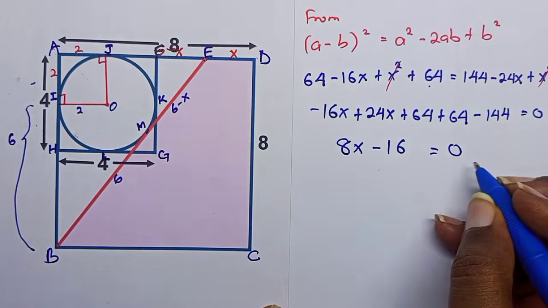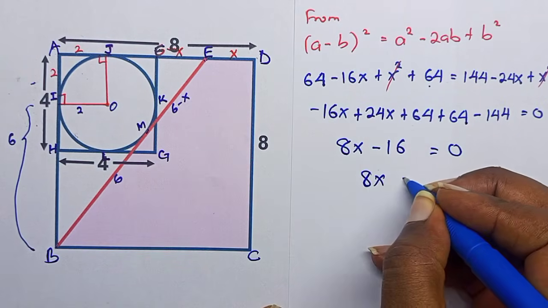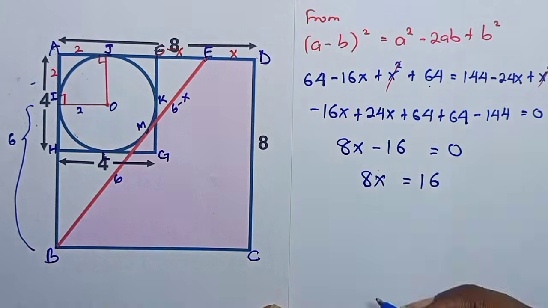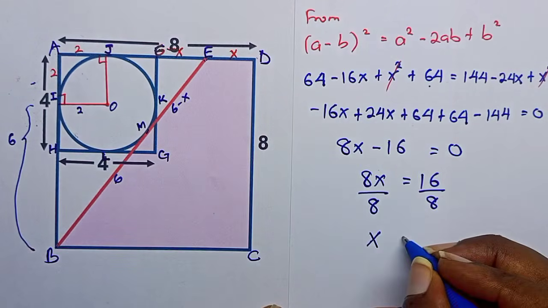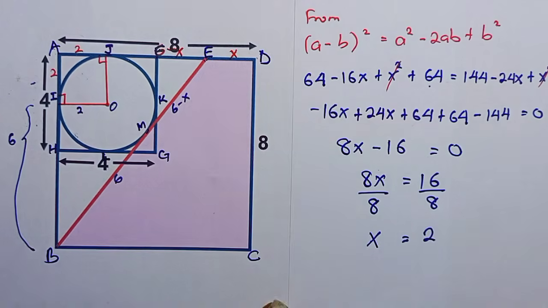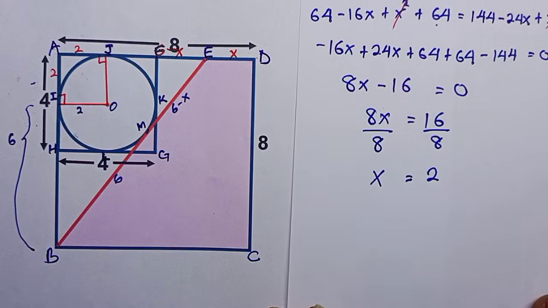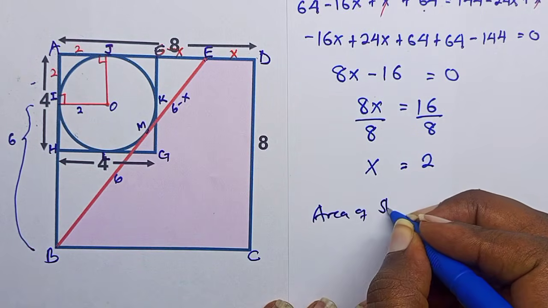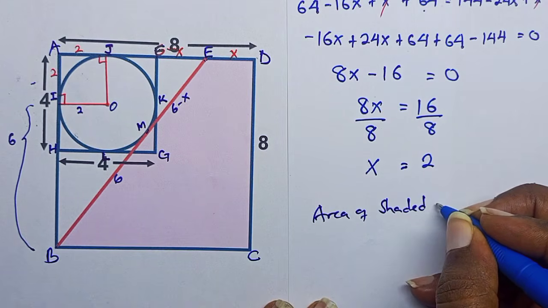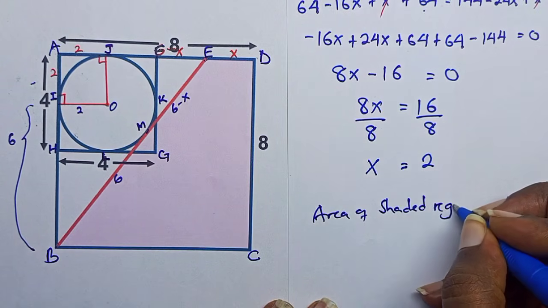So we take that negative 16 on the other side. We shall have 8x being equal to 16. Divide both sides by 8. And so our value of x is equal to 2. But remember, they want us to find the area of the shaded region. Okay, so area of shaded region,